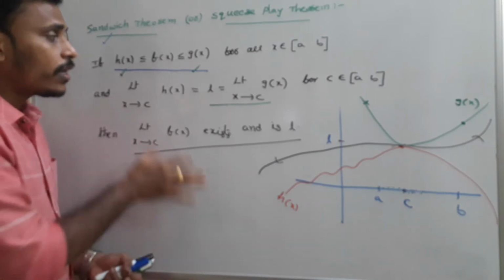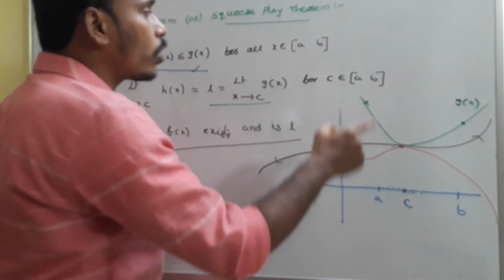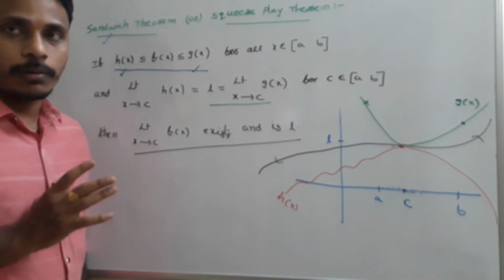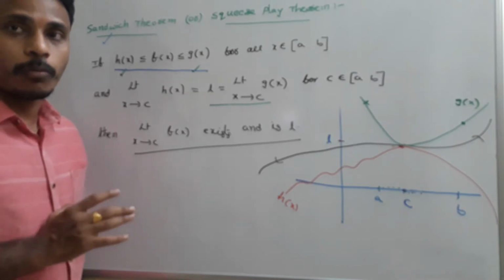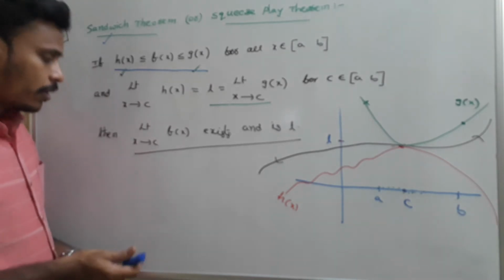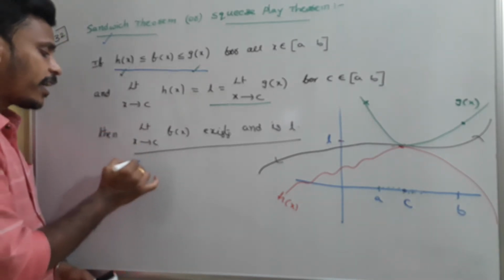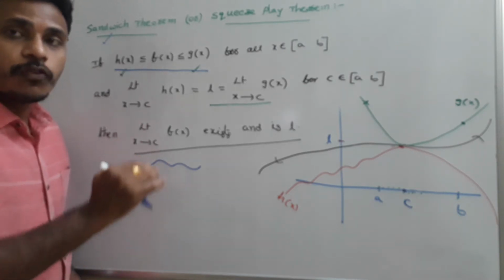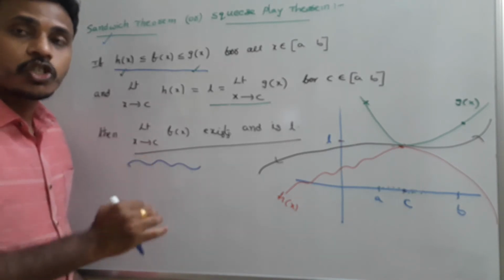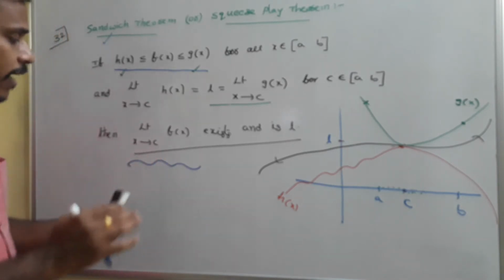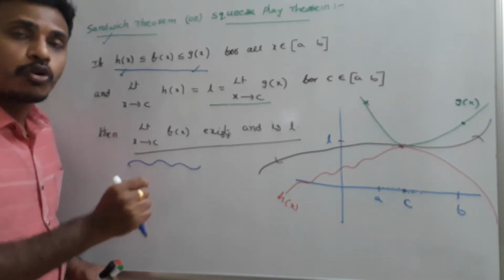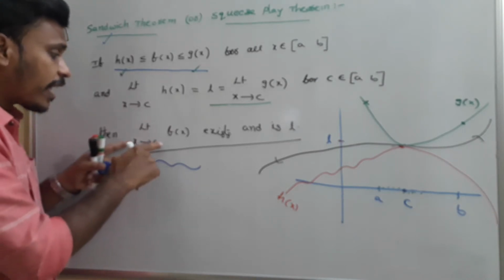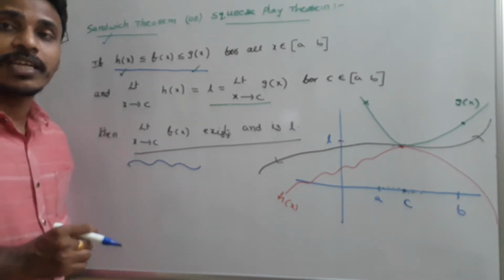Okay, right. So here f of x is just in between these two graphs, and so we are calling it the sandwich theorem. How does it help us to solve problems? When you are trying to find the limit as x tends to c of f of x, instead of using standard limits, geometrical ideas, or left hand limit and right hand limit, you just think about any two functions h of x and g of x such that f of x is in between those two functions, just like a sandwich.